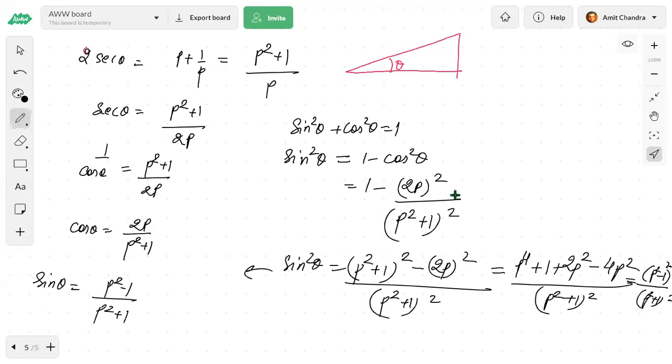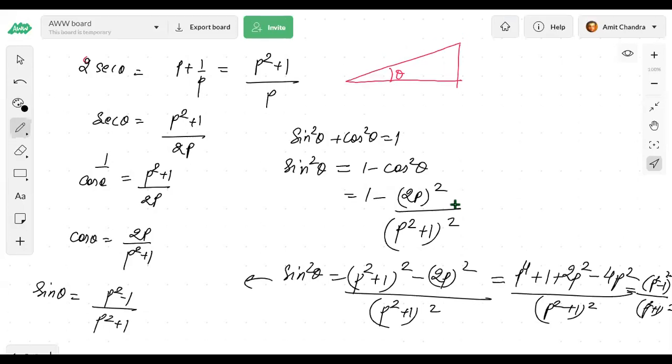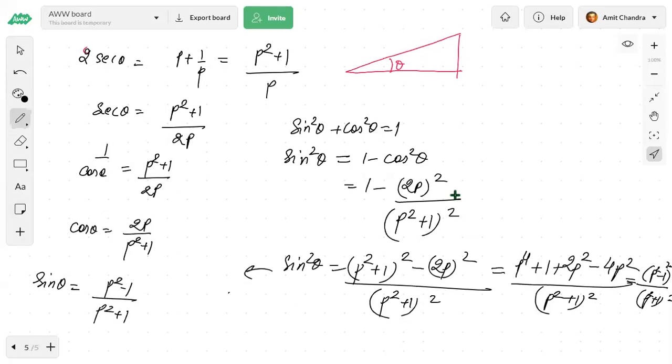Okay, basically what happens is, for p square minus 1 and p square plus 1, depending on the angle theta, we will find the sign of this. See, what I'm saying is, if this was acute, suppose theta was acute, then I can simply say that this will be mod, right? If this was acute, I will say simply this is mod. That means this is always positive. And if theta is acute, then this also has to be positive.